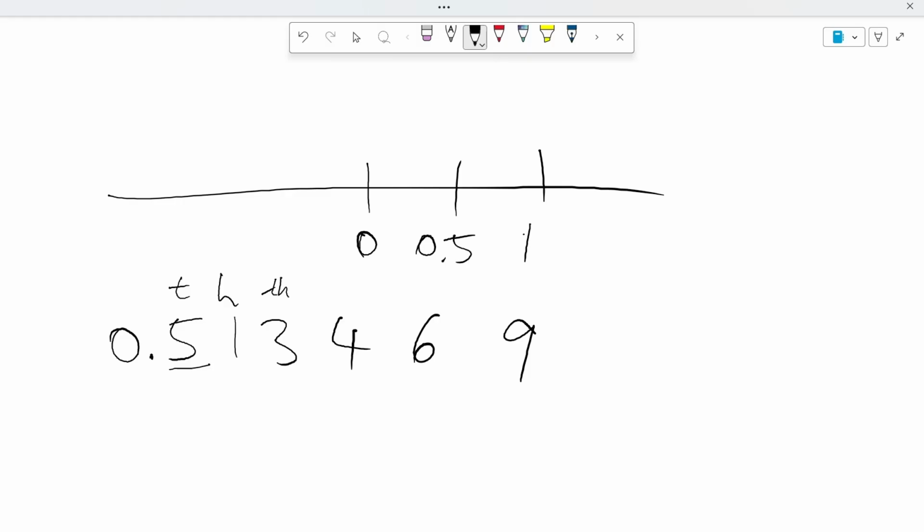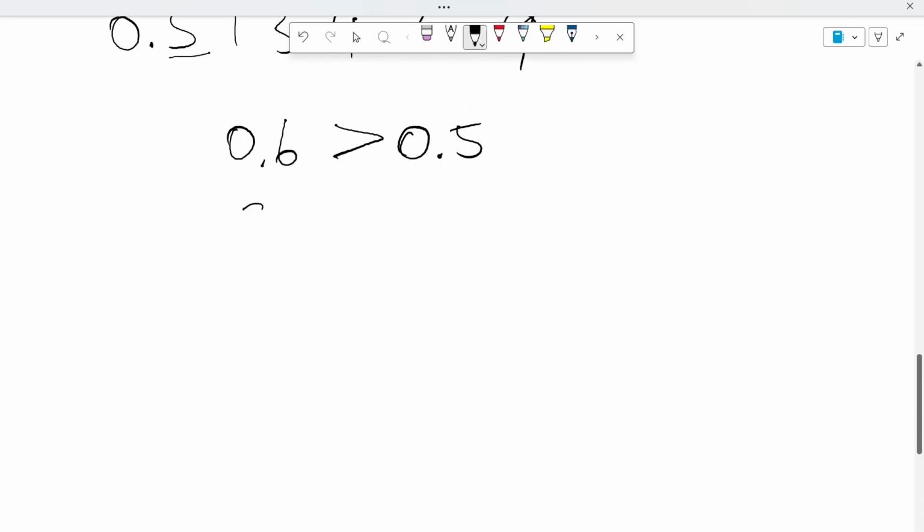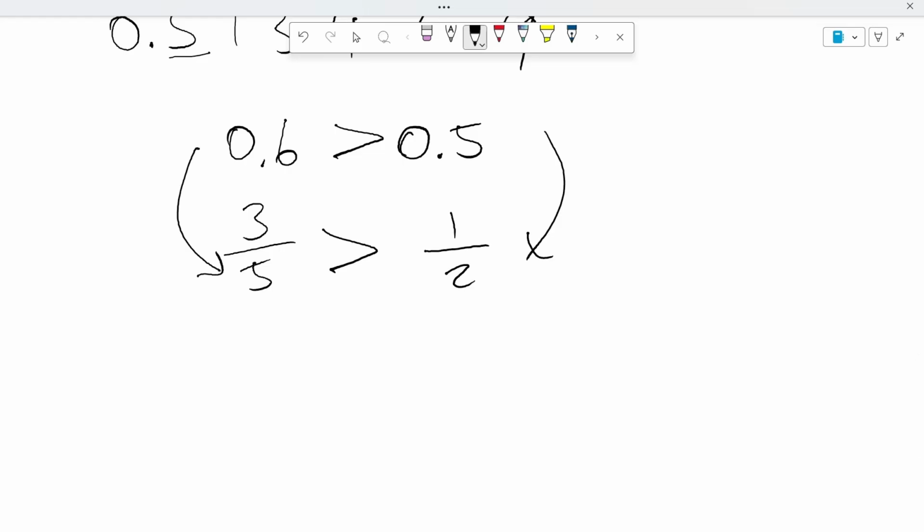So decimals in that sense are fairly easy. They're probably easier than fractions in telling where on the number line they lie, because of course you can fairly easily tell that 0.6 is greater than 0.5. You can maybe less easily tell that 3/5 is greater than a half, even though, as we'll see, this is an equivalent statement. And then we've got percentages, which again, in a way, look like the division sign we saw earlier,